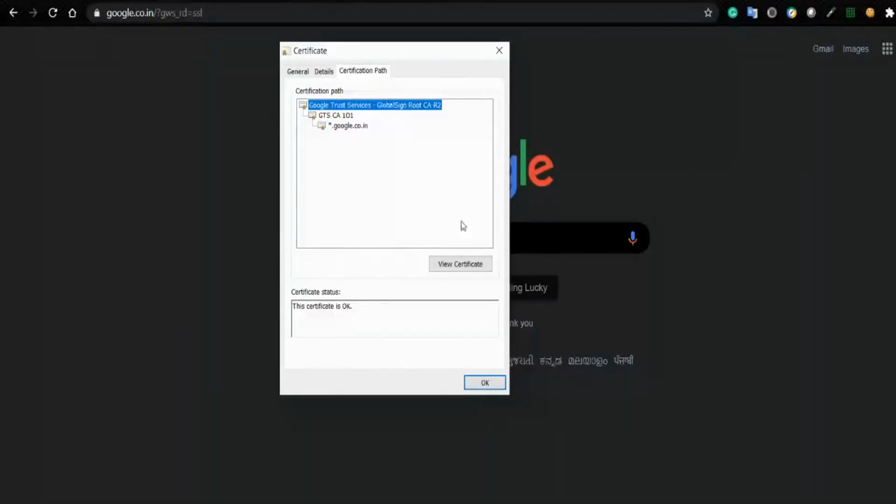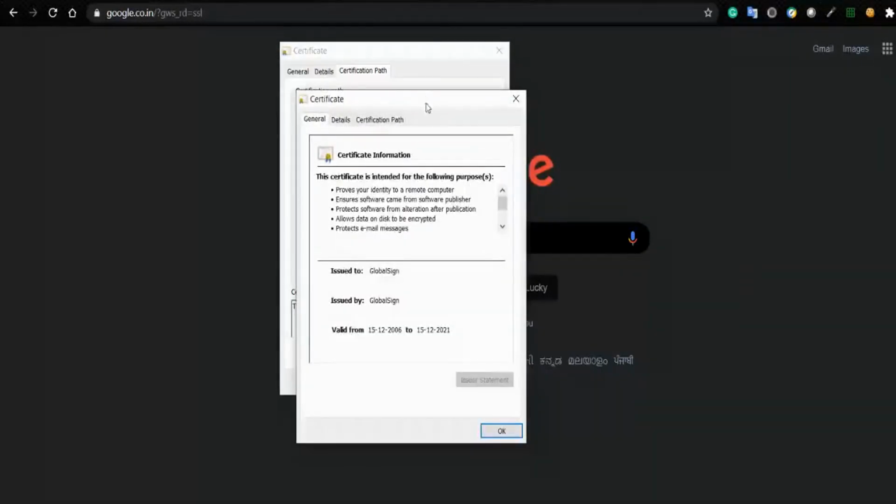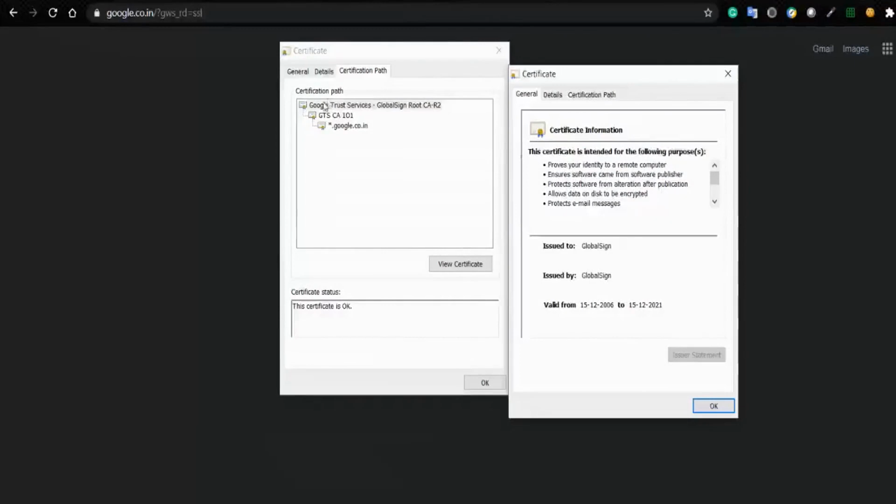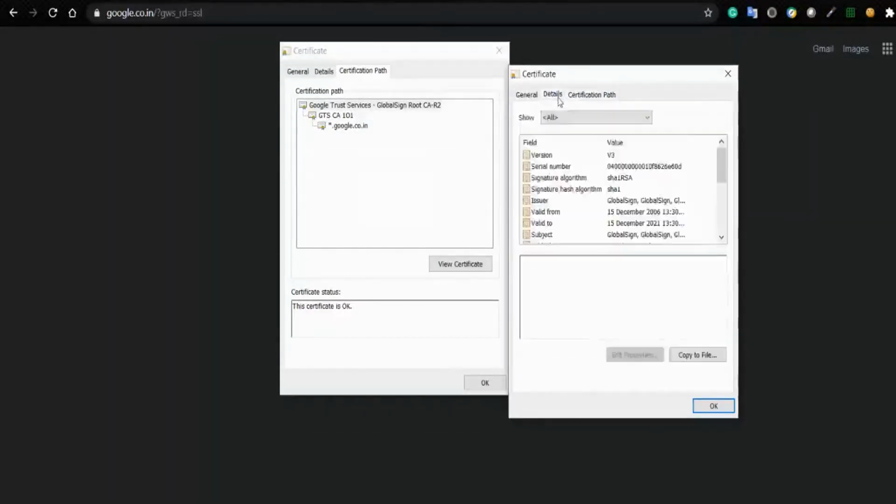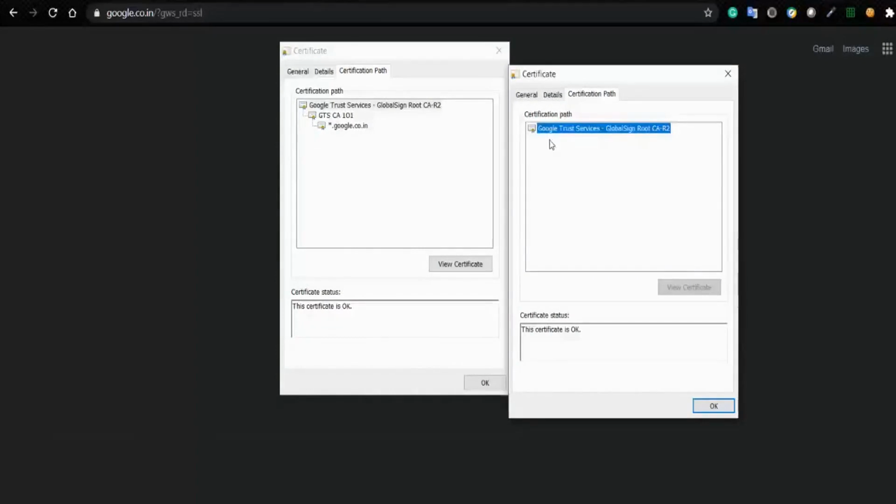You can click here and then you can click view certificate. So this is the certificate of the global certification authority, which is the GlobalSign. As you can see, issued by and issued to are both the same, which is GlobalSign. So the certificates of the certification authorities, the global ones, are issued to themselves, and this is the validity period. Again, you can see all the required details here. In the path, you can see there is only one node, because the certificate is issued to itself.